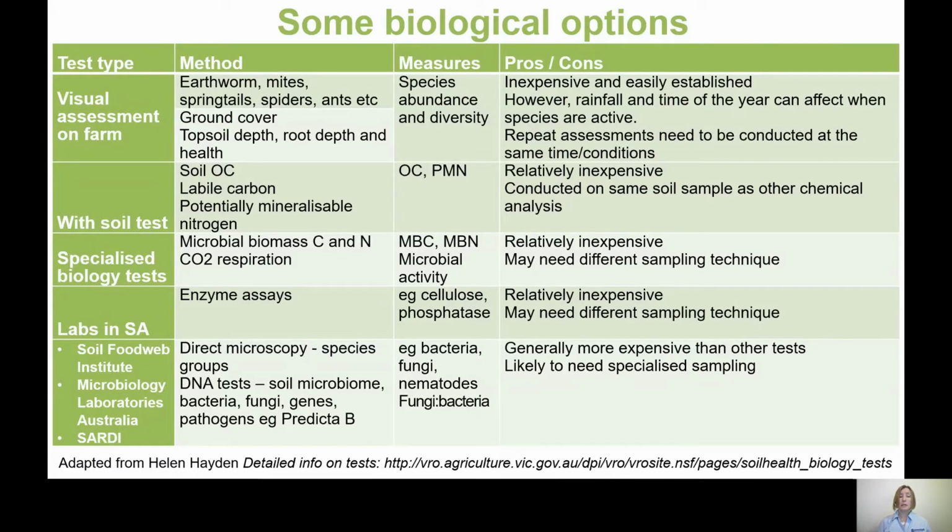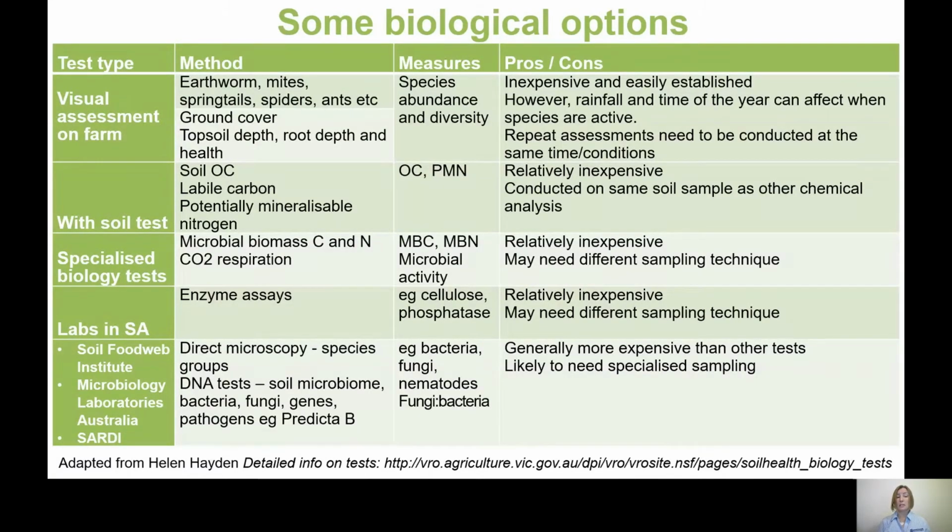You can also get tests that we were talking about from your commercial labs where you'd get your soil tests. These are the soil carbon tests that we just spoke about before. There's another test called labile carbon, which uses a potassium permanganate version. This is popular particularly internationally. There's also a test, potentially mineralizable nitrogen, which lets you know the capacity of your soil, of how much nitrogen is available due to biological activity.